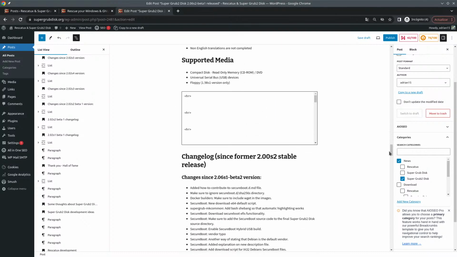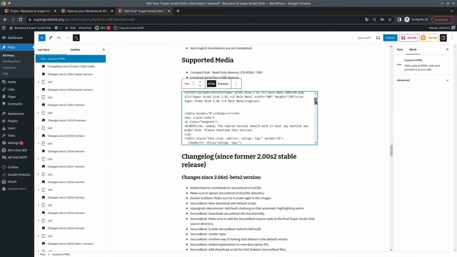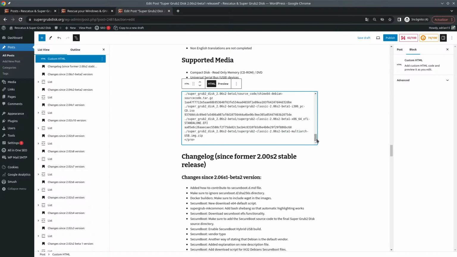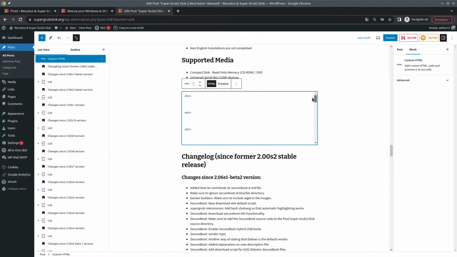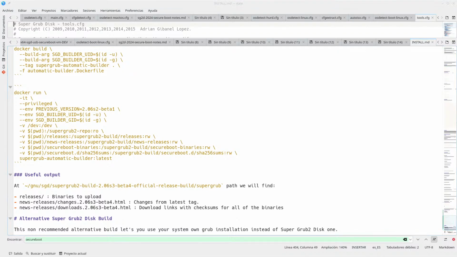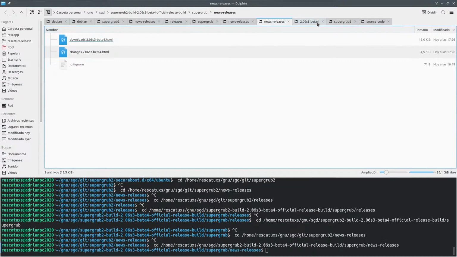I mean, let me see. Supported media. So here we have a lot of stuff that is HTML. Yeah, this seems like what we have found here. So now that we know what we want to read about, we can probably read it from the right place, now that we know where it is. So we should go on to the